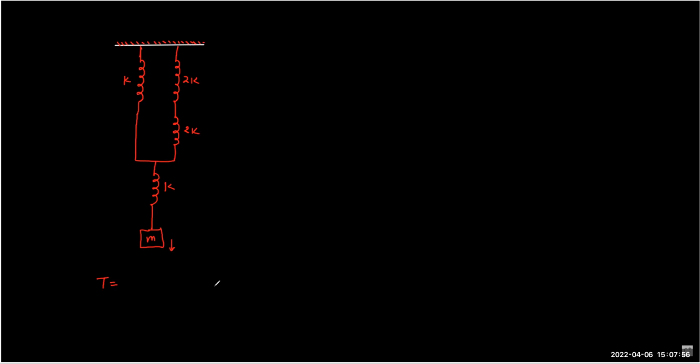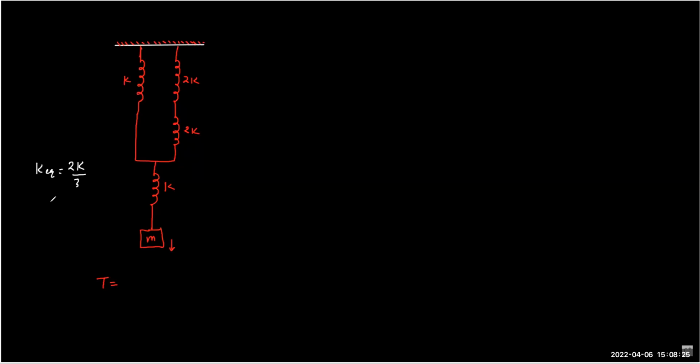So the 2K spring and the K spring on the left are connected in series. These two are in series, but these two are in parallel. So this is 2K, K and K become parallel. So 2K and 2K and K again become 2K by 3. So K equivalent becomes